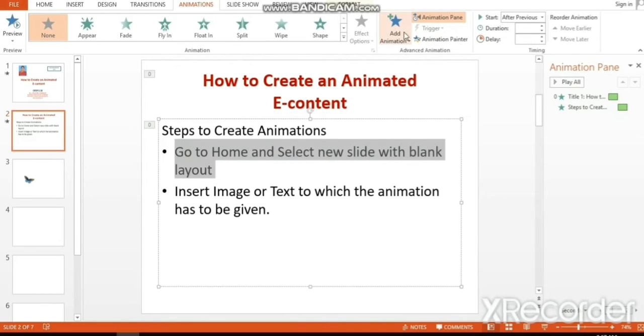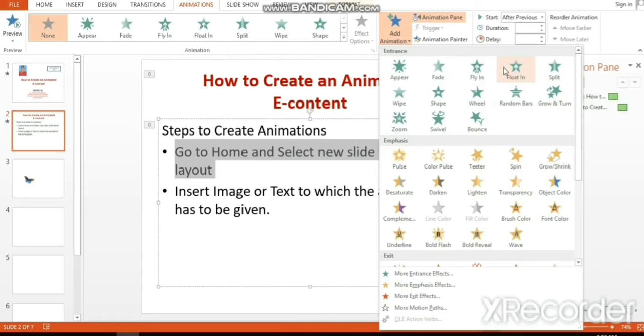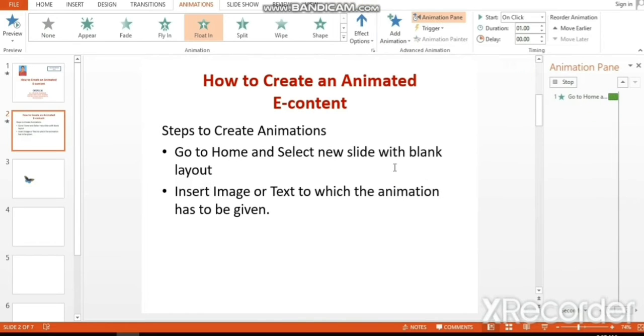Like that, you have to apply animations for the other two sentences also.